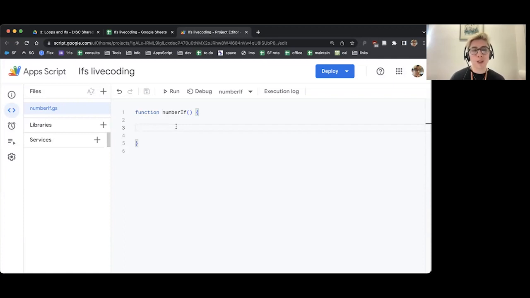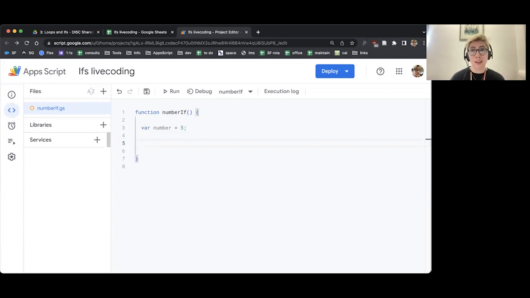So first of all, we're just going to compare numbers and see how an if condition works. So I'm going to create a variable and call it number, var number, and I'm going to assign it the value of 5. Semicolon. Because it's a number, don't need to put quotes around it. Then I'm going to hit enter and enter again, just so I've got a bit of space, and I'm going to write my if condition.